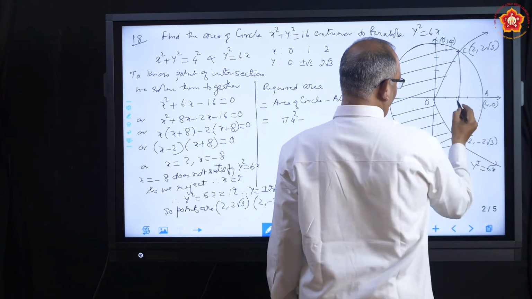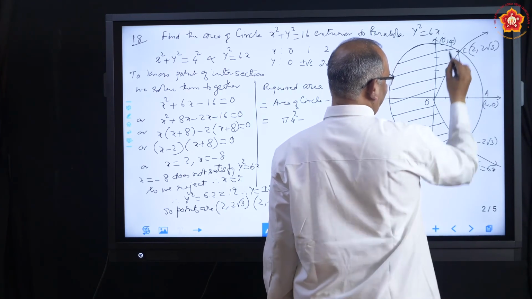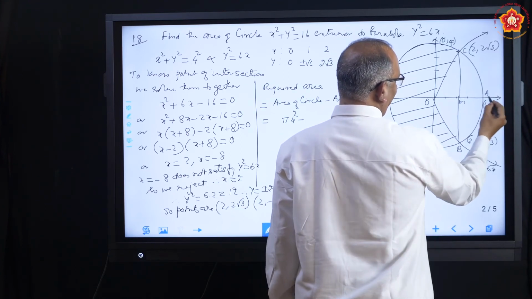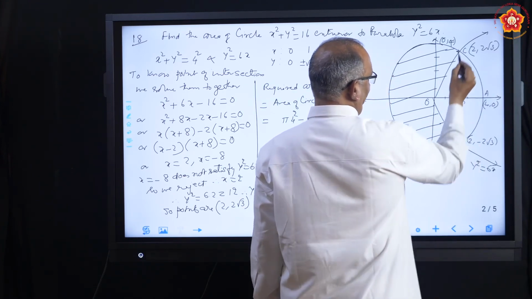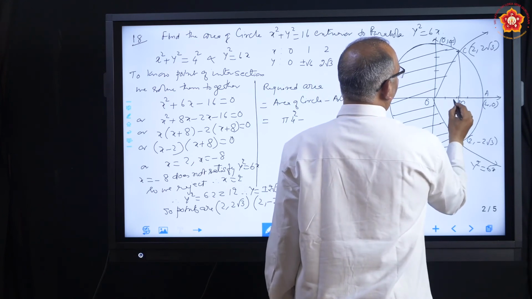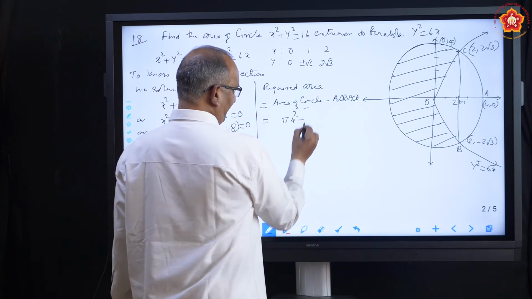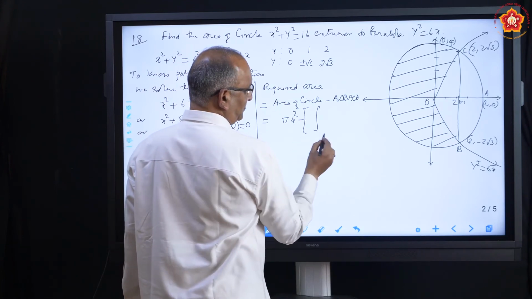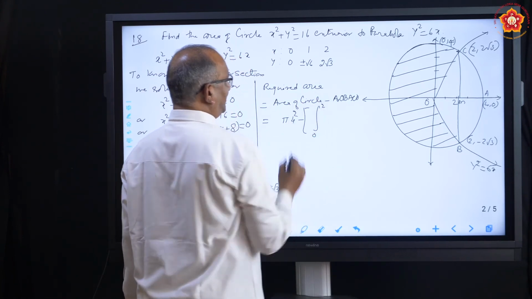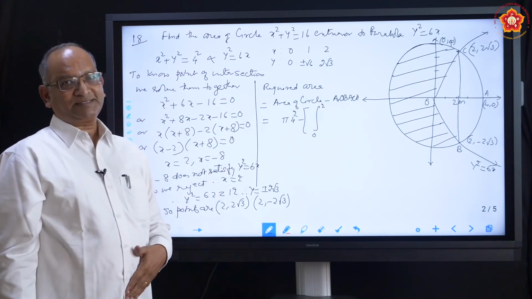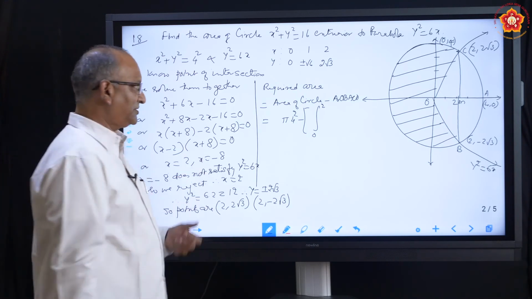This part, that is, let us say OMC, is part of parabola, and from here till here it is part of circle. And what is this point? It is 2. Okay, so we can say integration of 0 to 2 equation of parabola. What is equation of parabola? Y square equal to 6x. So what is y? It is root 6x